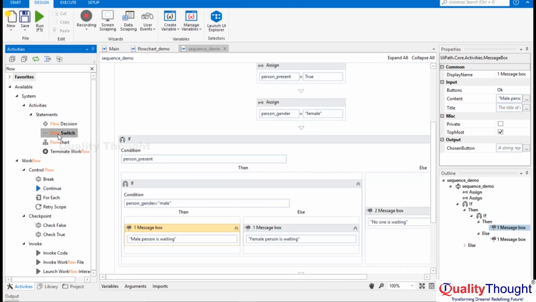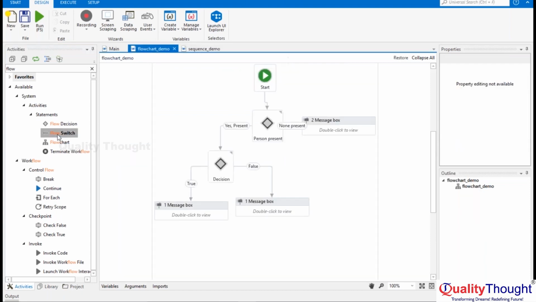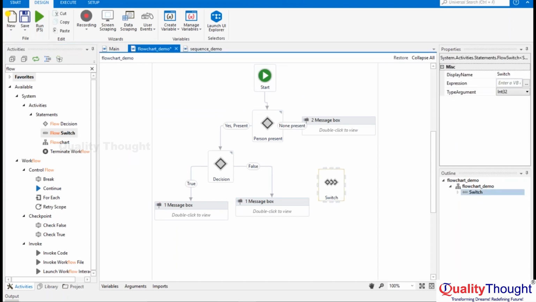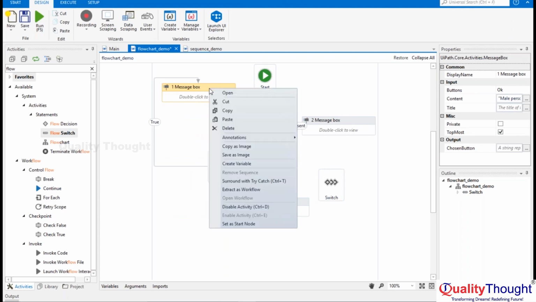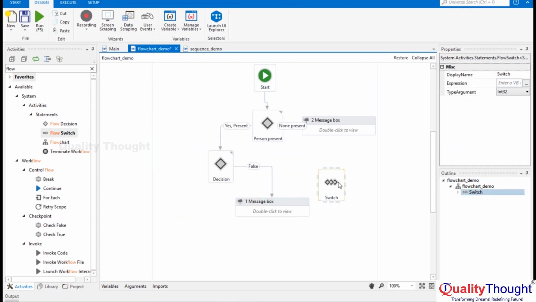This is a switch which will be available only in a flowchart and nowhere else. I'm really sorry that I'm doing that, trying to do it there, right? So now, what is the switch case? Let me use this later. This is not allowing me to do that. Let me remove this. So now, if it's a male,